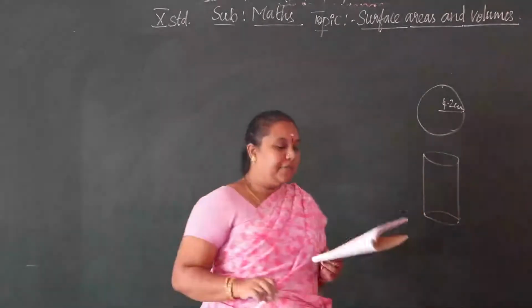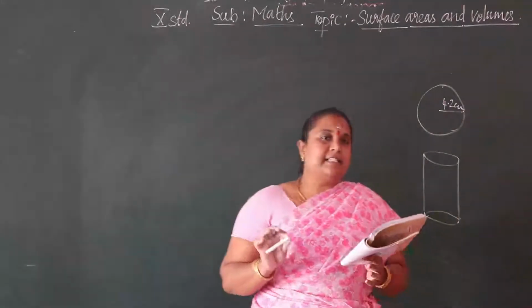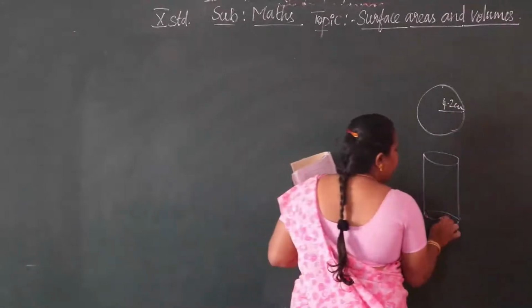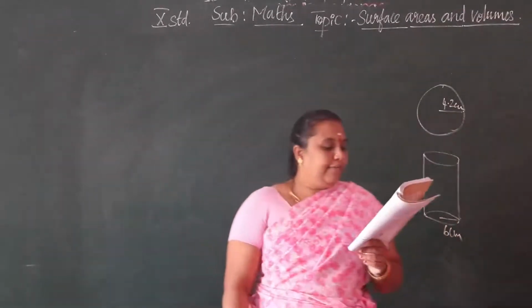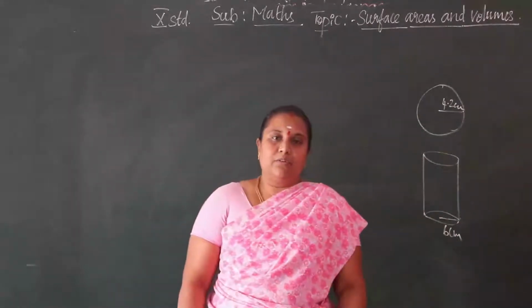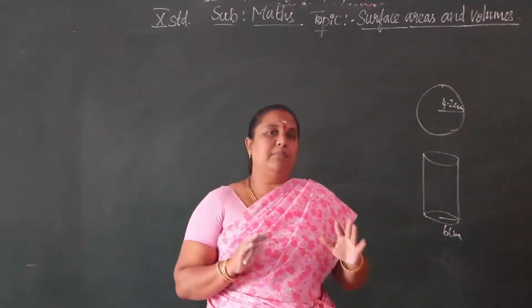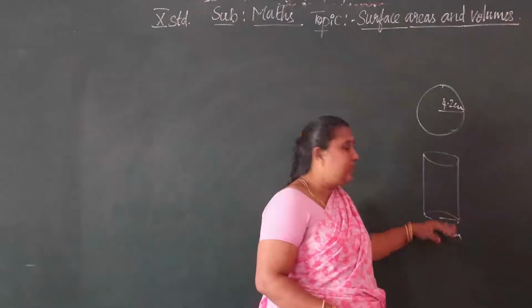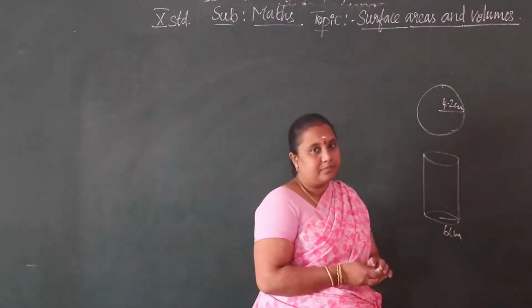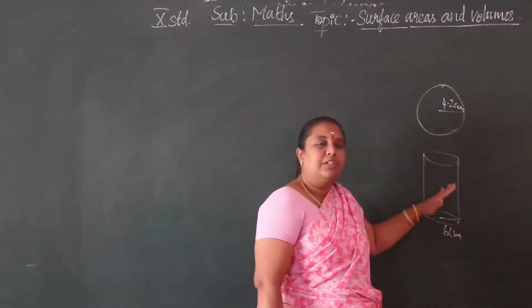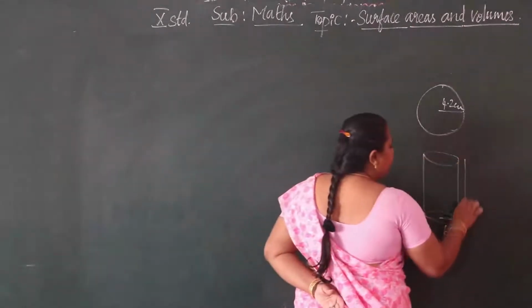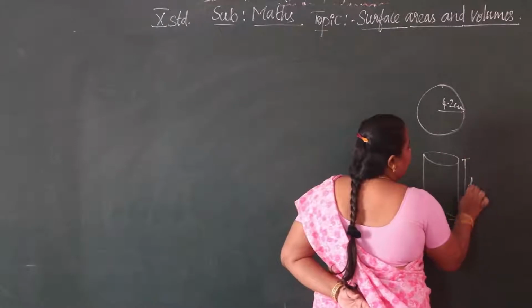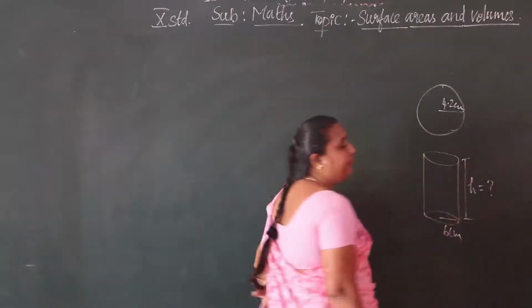Okay, in the shape of a cylinder of radius 6 centimeter. It is also given. Then find the height of the cylinder. We have one measurement of each shape, and we have to compare the volumes of both shapes and find the other measurement they are asking. So here we have to find the height of the cylinder.